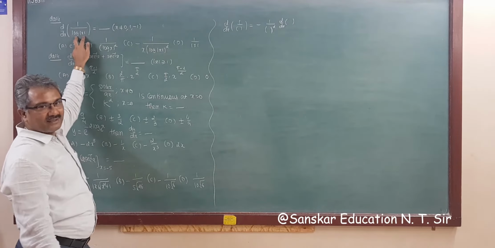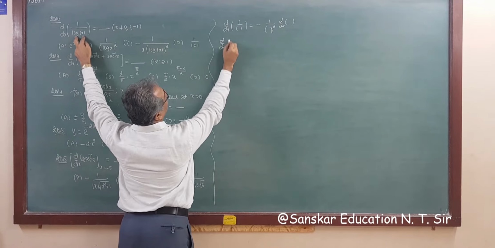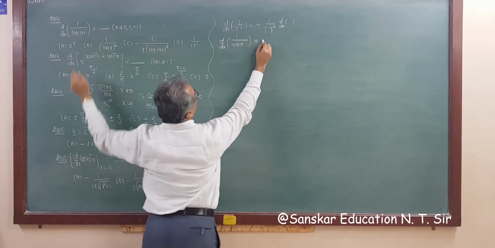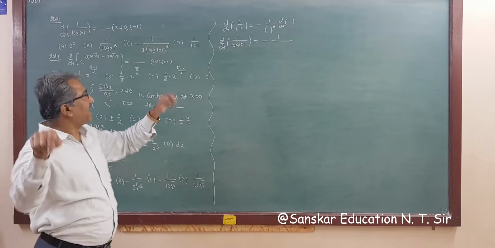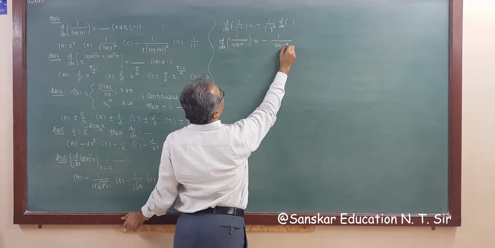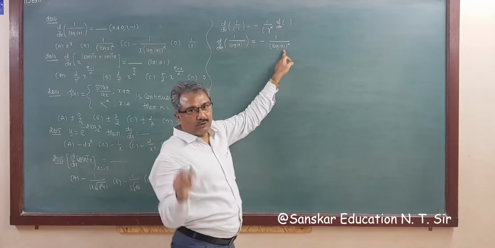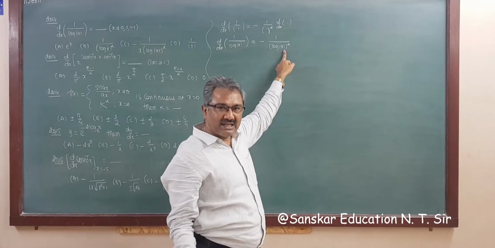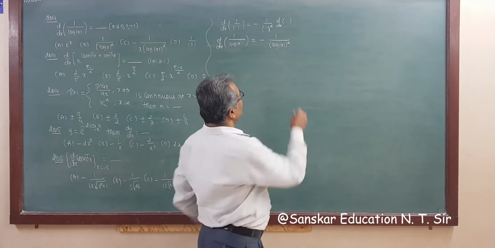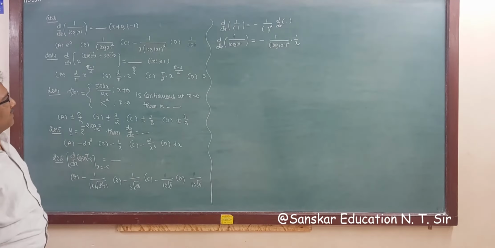Now what is in the bracket? It is log |x|. So the answer of d/dx of 1 upon log |x| is minus 1 upon bracket square, where the bracket is log |x|, so (log |x|) whole square, into d/dx of log |x|. You know the derivative of log |x| is always 1 upon x, whether you take plus x or minus x. In both cases the answer is 1 upon x, so into 1 upon x. This is the correct answer. So option C is the correct answer.